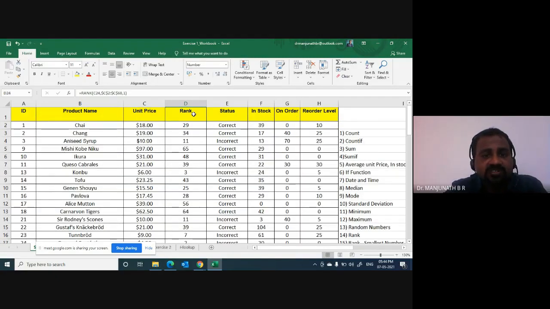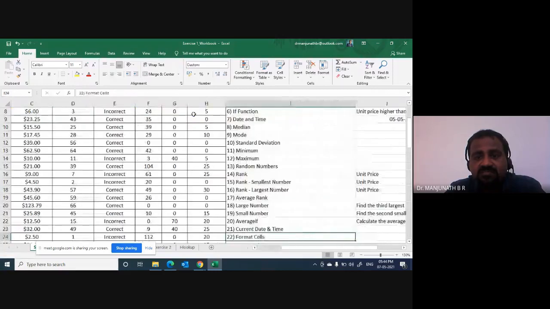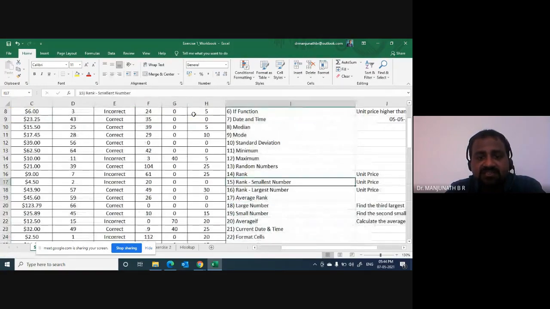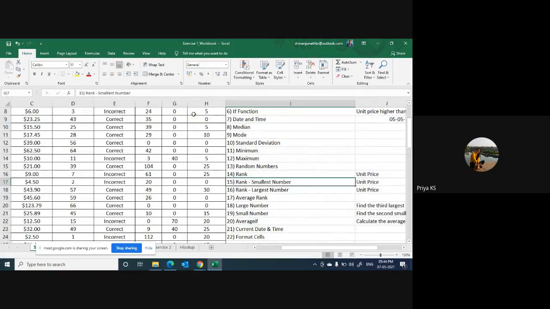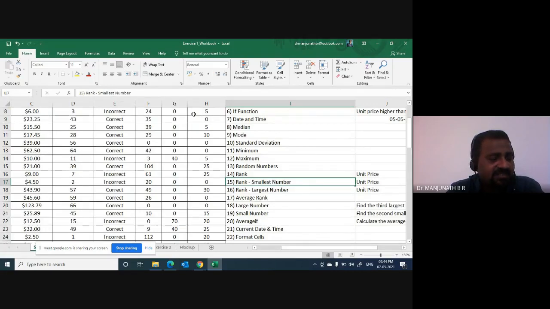How many of you got this? Task number 14, 15, 16. I got it, sir. Okay, is it Priya? Yes, sir. Okay, you seem to be very strong in Excel. Please do continue to do that because Excel is all about life for the MBAs. Trust me. No Excel, no corporate. Mark my words on this recorded session.